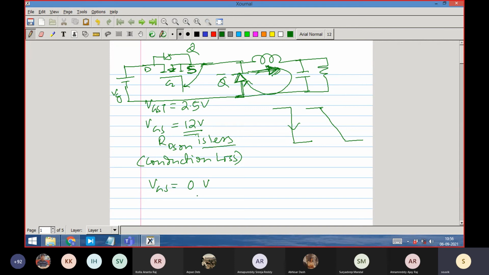0 volt will be the off state of the switch. That is enough. It is an enhancement mode MOSFET, and therefore this current will be flowing from drain to source. In the on state, it is flowing from drain to source and going to the inductor. And during the off state, you have turned it off. It will be blocking a voltage. How much voltage will it block? It will block because the diode is conducting.